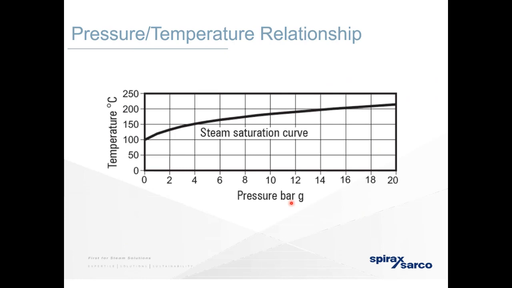So, pressure and temperature relationship. Unlike medium temperature hot water or oil systems, we control steam by manipulating the pressure. So when we change the pressure, we change the temperature. For instance, 1 bar G would have a steam temperature of 120 degrees, and it has a specific enthalpy, or hf, of